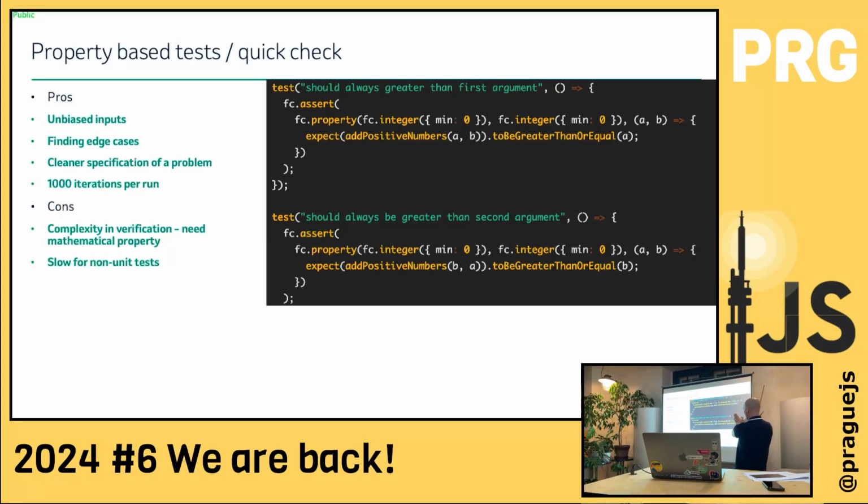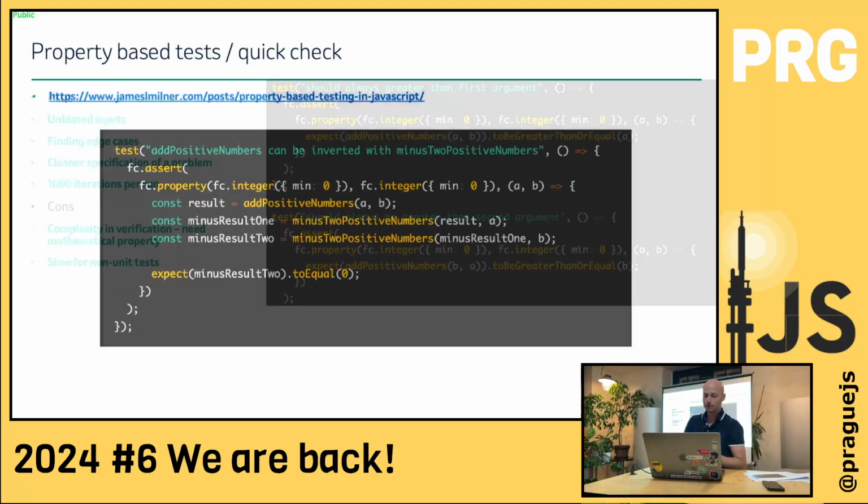Still following? Okay, cool. And what is bad about this approach is that if you have some more complex logic here, or you test React components, or you have integration tests, or end-to-end tests, or anything which is slower than 10 milliseconds, then 1,000 iterations times 10 milliseconds, it's slow. It's a slow unit test, and you will not run it all the time. And if you have more tests like this, you will spend a lot of time running your unit tests. So another problem is that the verification is problematic. I will show you the other one.